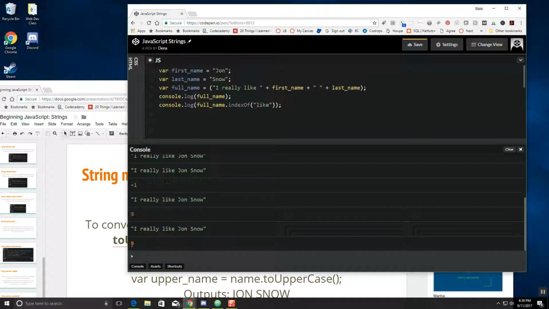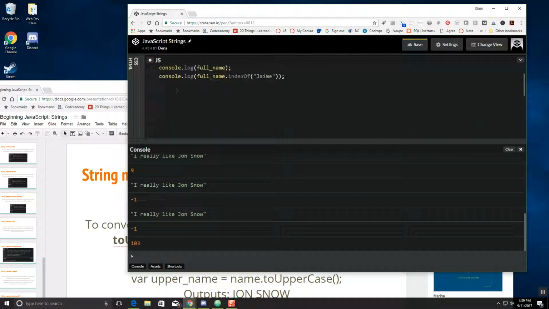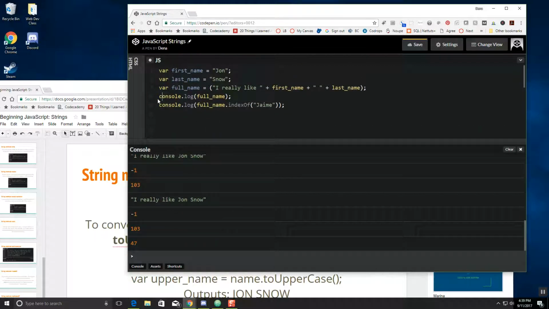So it's giving us like is found at position 9. So let's count 0, 1, 2, 3, 4, 5, 6, 7, 8, 9. There we go, position 9. If I want to look for the word Jamie, there is no Jamie, so I get a -1. That's giving me information that it does not exist. All right, let's scroll down here to my Samuel, and let me just comment out my console log here,